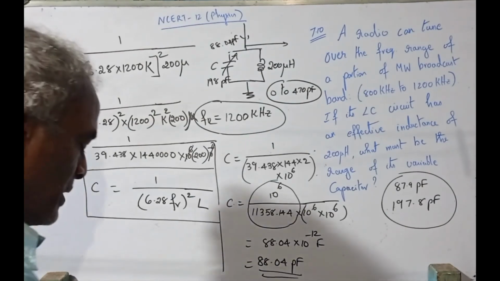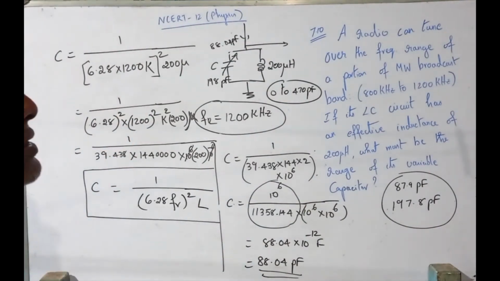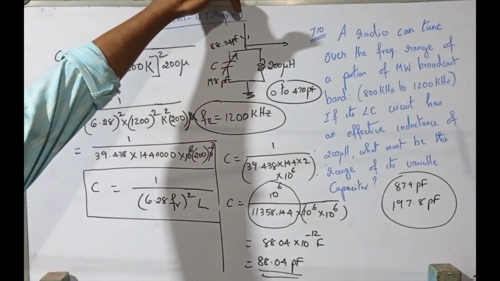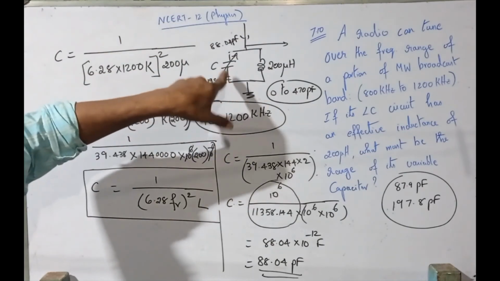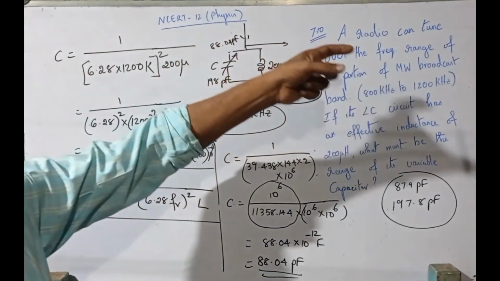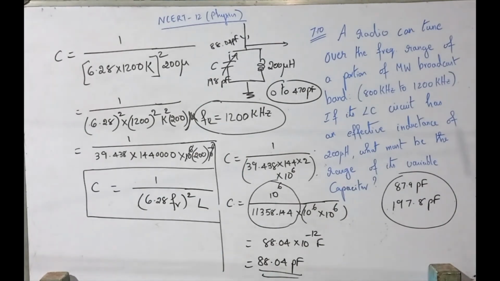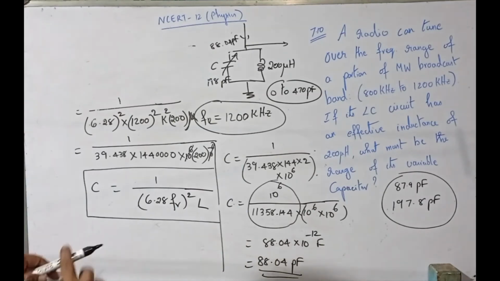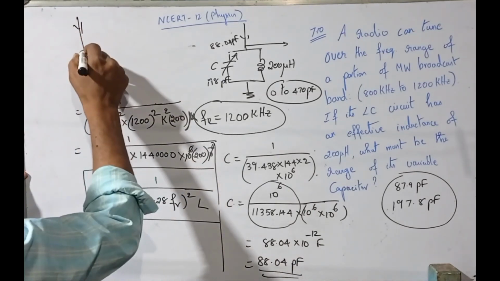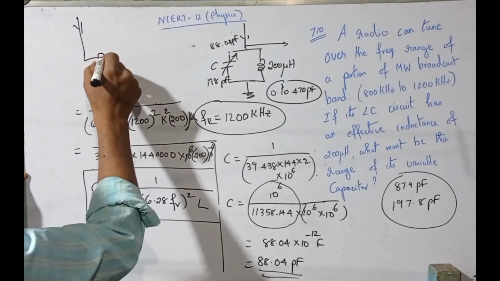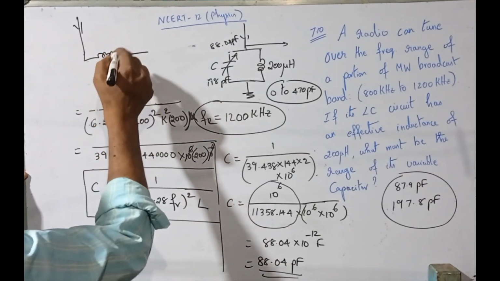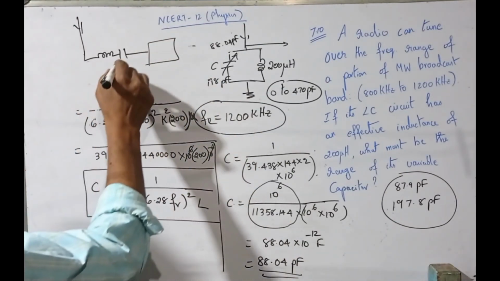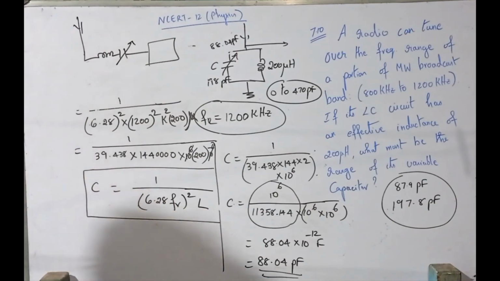See, the same concept can be applied for series resonance also. Series resonance is RLC series, but here the incoming signal is applied to a parallel resonance circuit, and the signal is tapped from this point. Whereas if you connect a series resonance circuit, this is the antenna and you connect LC in series. So this is the tuned circuit and it will go to the next stage, and this becomes a variable.